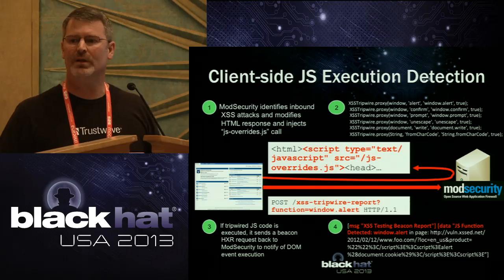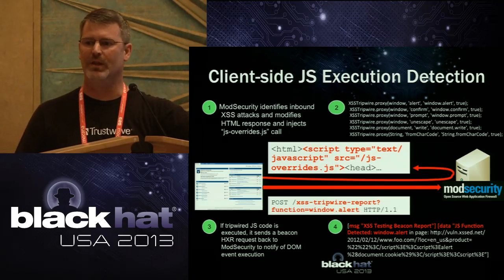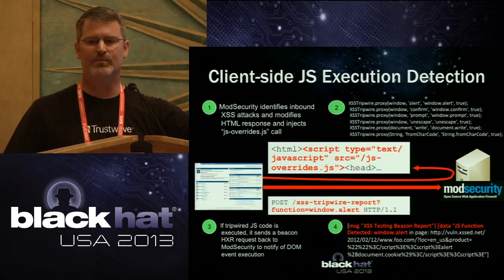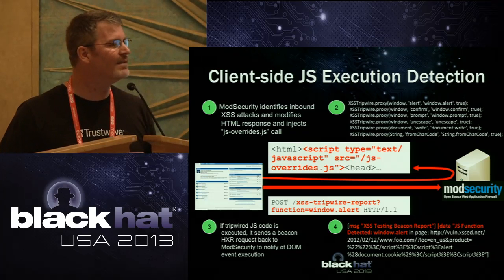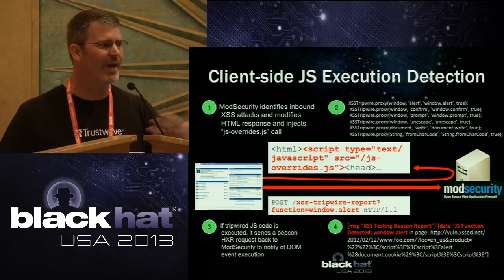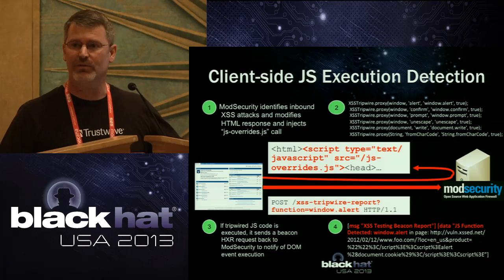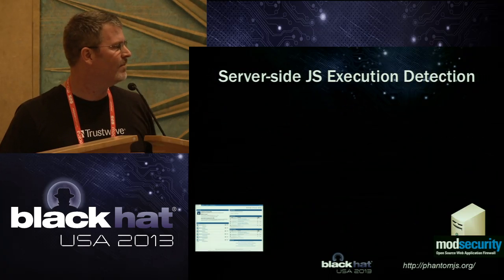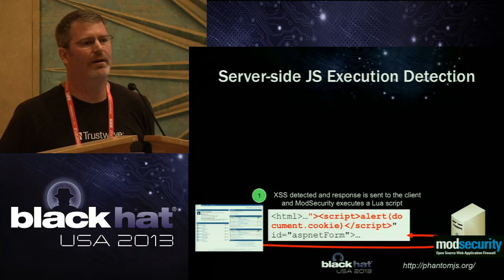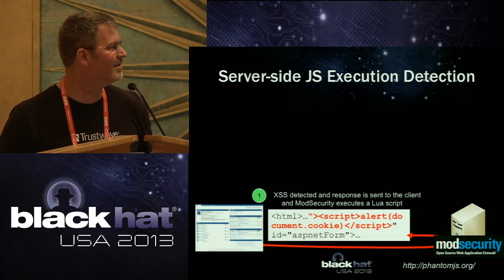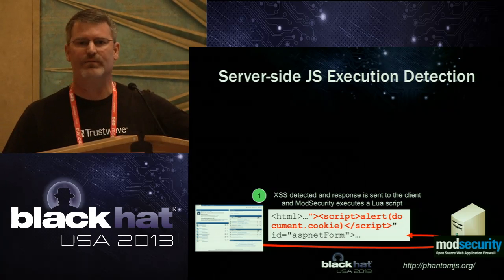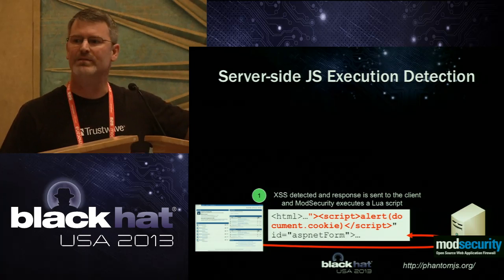Now this works. However, you're exposing to the client what you're doing. So this may catch some initial people doing proof of concept, but if they're really monitoring what's happening underneath the hood, they'll see this and they can evade it. So the idea was, can we do this server side? This is where we bring up the idea of using Phantom.js, which is a WebKit client. It's headless. In this instance, you have the data come in, the data goes out, we don't mess with it,